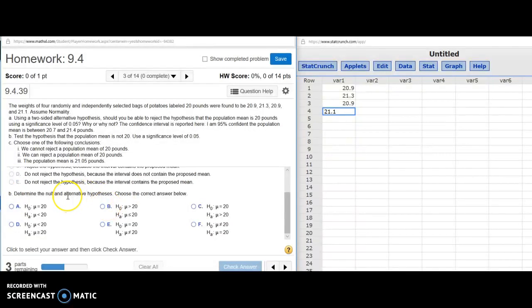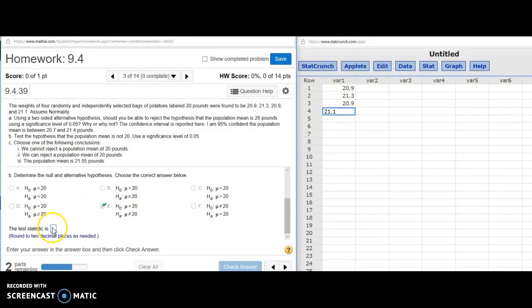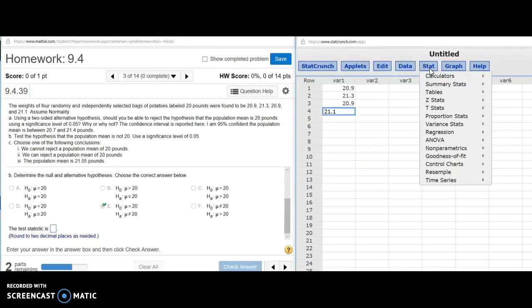Then we're going to do the hypothesis test. So here's the one we just stated. The mean is equal to 20 or not equal to 20. That's two-sided. And the test statistic. To find the test statistic, I'm going to come over here to StatCrunch and go to